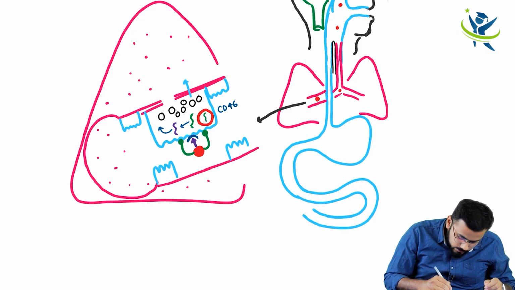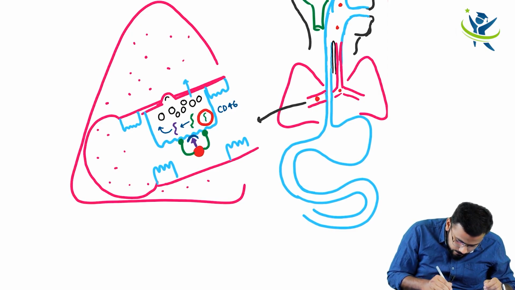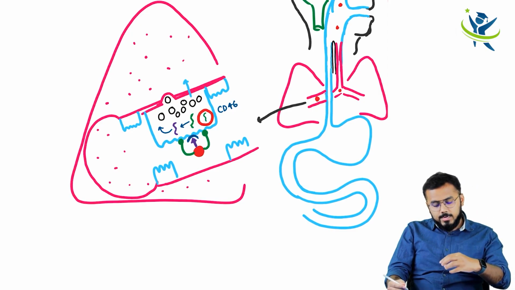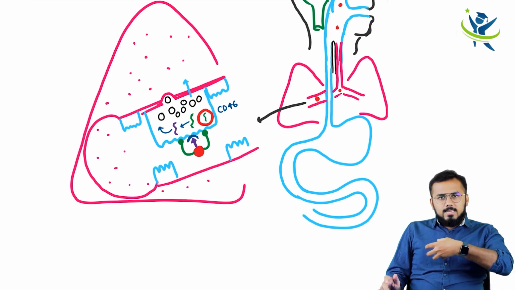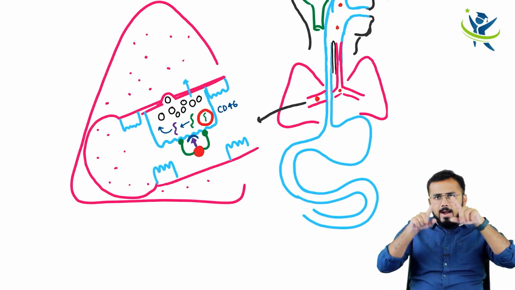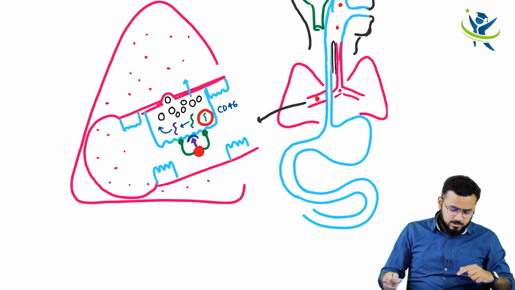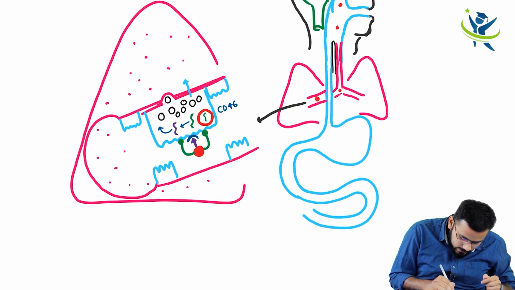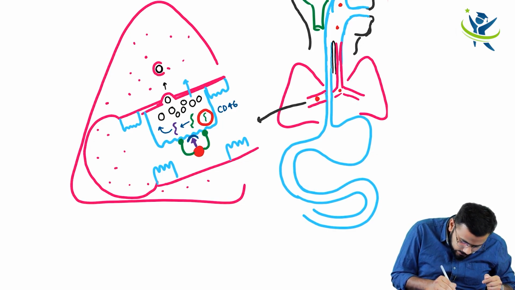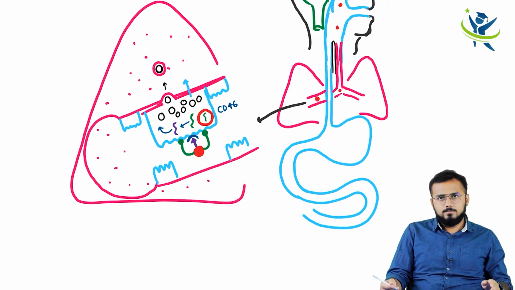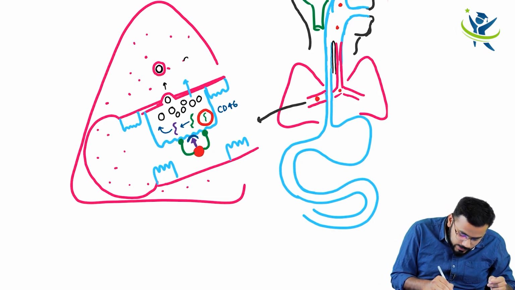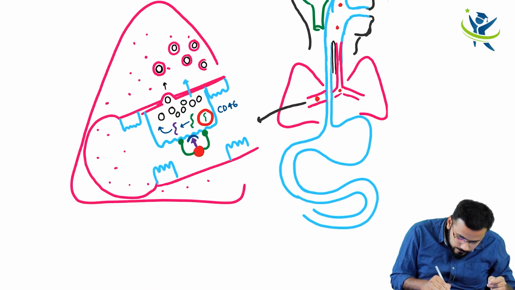So what I'm trying to tell you is that this is the virus particle. Now it has to cross this lipid membrane. So what this virus particle will do, as it is going outside, is take up that lipid membrane, bind it around itself, and then enter into the interstitium. Look here how it is entering. So finally the virus particle has entered into the interstitium and it has taken up the lipid membrane surrounding it. Now you understood? So in this way, many virus particles are here, like this.